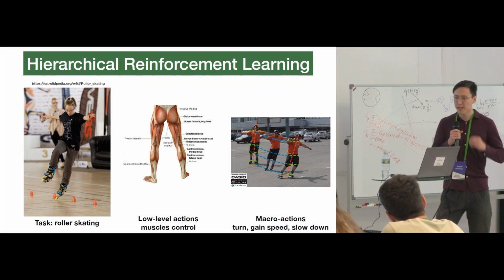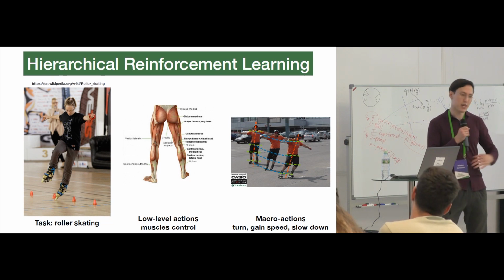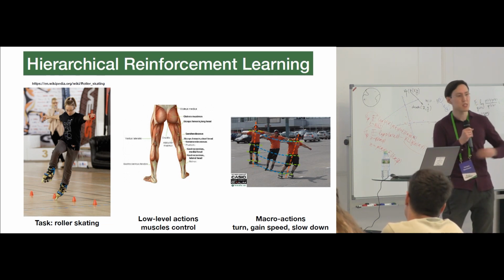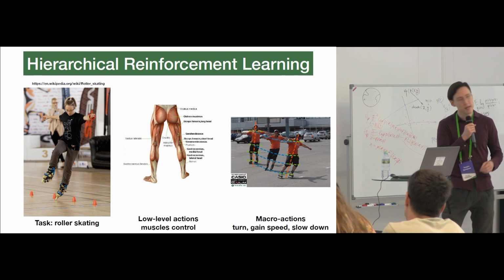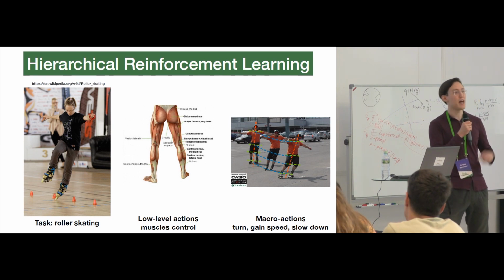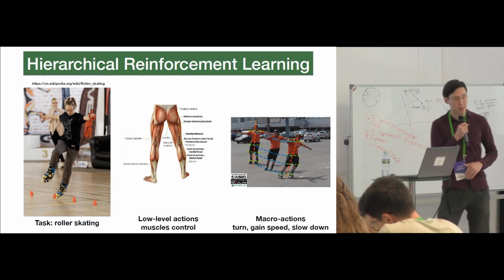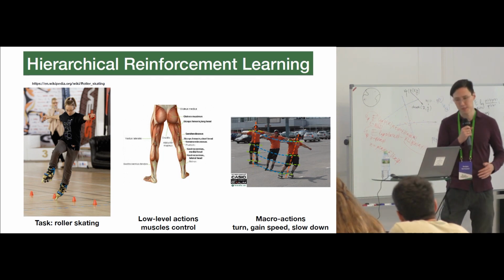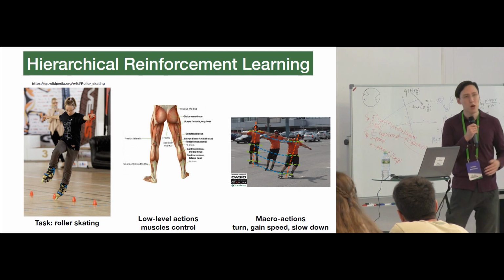But you think on a slightly higher level. You think in terms of macro actions. For example, okay, here I want to turn left, there I want to turn right, then I want to gain speed, there I want to brake, there I want to turn around. This is how you plan your journey from point A to point B. As you execute each of these higher level actions, of course, you effectively take lower level actions, but you don't think in these terms. And this motivates the idea of hierarchical reinforcement learning, where the